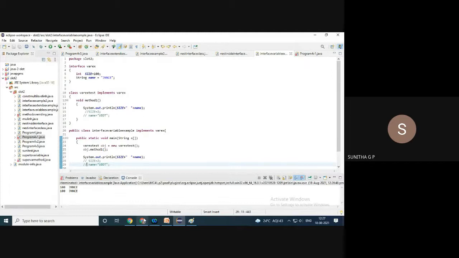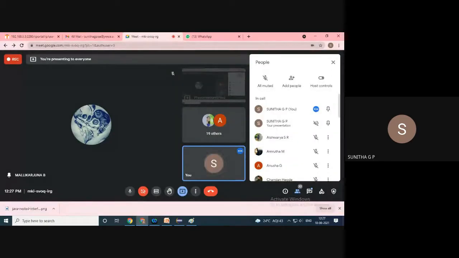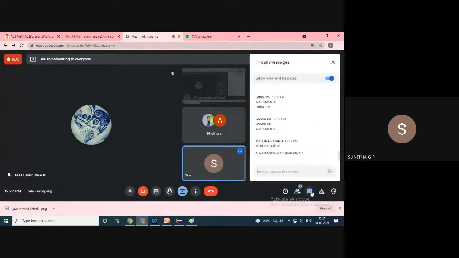So we have covered all the things, like how a simple interface can be created. What are interface variables and what are the default methods. The components of an interface are by default public and the variables are by default static and they are to be initialized, and there is no definition for the methods which are part of the interfaces.